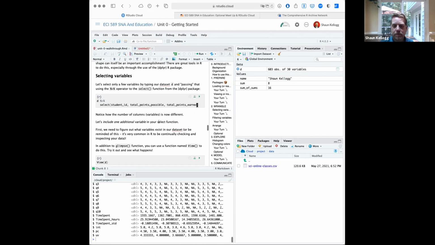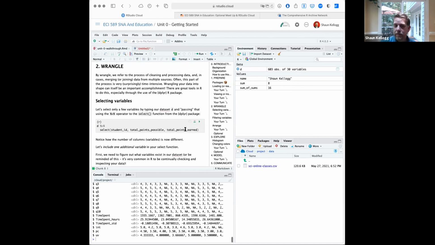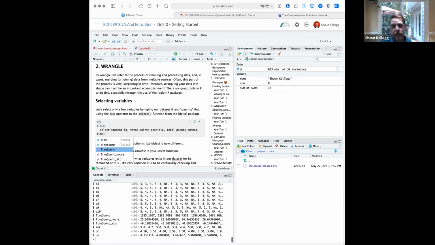And if we wanted to, actually in the your turn, I'll ask you to do this. You don't have to do it now. But if you wanted to add more columns, you just add a comma and then type the name of the column that we want to add. Let's say we wanted to add, I'm looking down here, the time spent column. RStudio is really nice. It already knows that we have this data set called D in our environment, and it already knows what all the variables are as well. So when you're typing in here, it's going to try to predict what you want to include. I actually want to include this time spent variable, so I'll just click on that and it'll save me typing. So now when I run this, I'm going to see